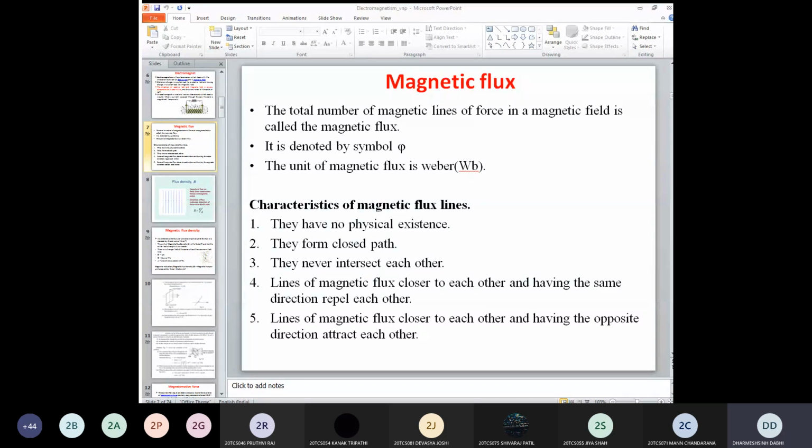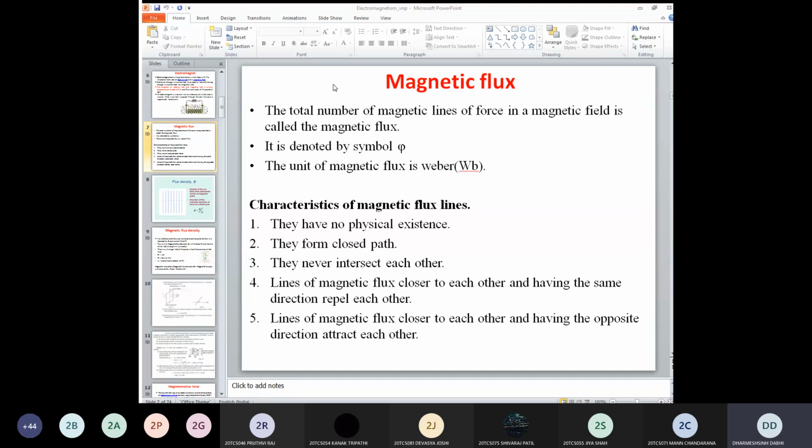Then the term flux density, the definition is flux per unit area at right angle to the flux. So flux is passing, and at right angle to these flux lines, whatever the plane, that is nothing but the area through which your flux lines are passing. So flux per this area which is at right angle to the flux lines is called flux density. Its unit is Weber per meter square, or we can say Tesla. It is a vector quantity, and as we know, at the poles more flux lines are passing. So at the N and S poles, you get maximum flux density.